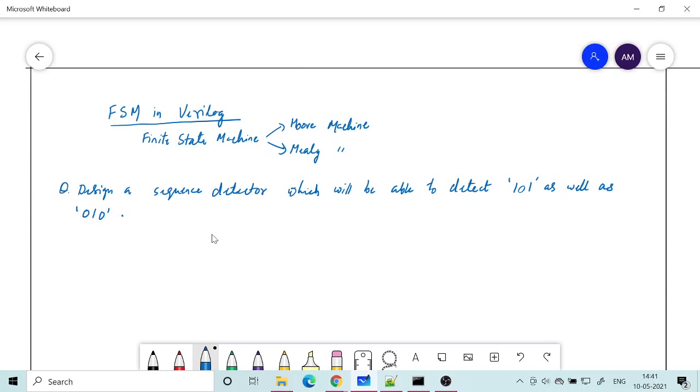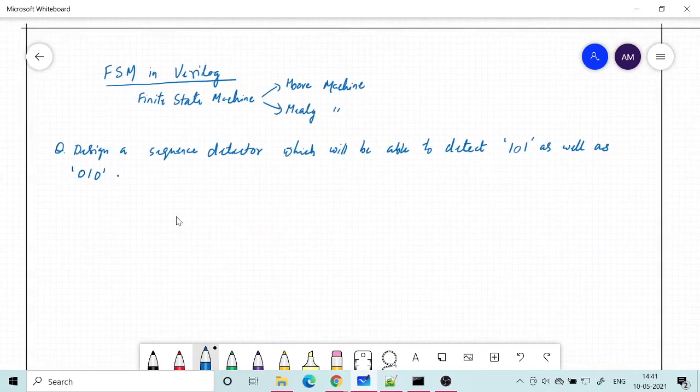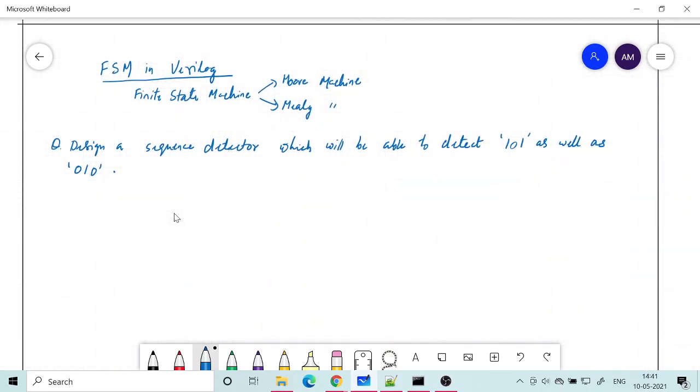Okay, so let us draw the state diagram. We need to know the state diagram in order to even code it using Verilog. So we will assume that there were lots of states. We don't know a priori how many states are required for this problem.